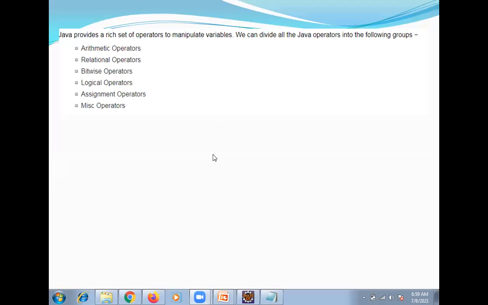If you want to perform any operations, we are going to use not only addition, subtraction, multiplication. Sometimes we need to operate based on condition, based on relation, based on assignments. So in Java, operators were introduced based on the operation type. There are around 6 types: arithmetic operator, relational operator, bitwise, logical, assignment, and finally the misc operator. This is what we are going to discuss in the next slide.